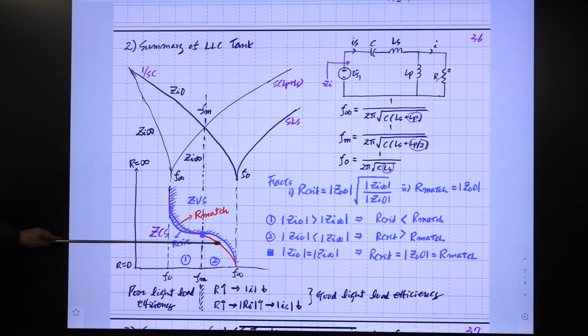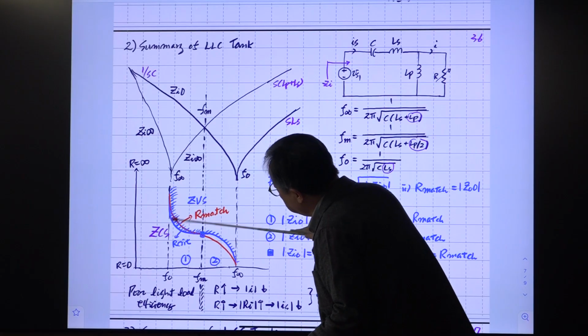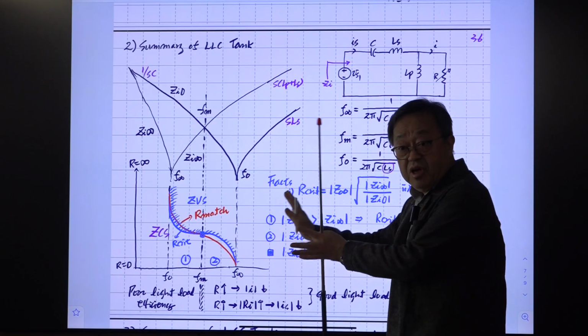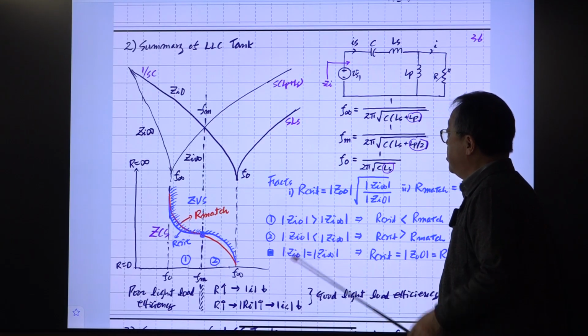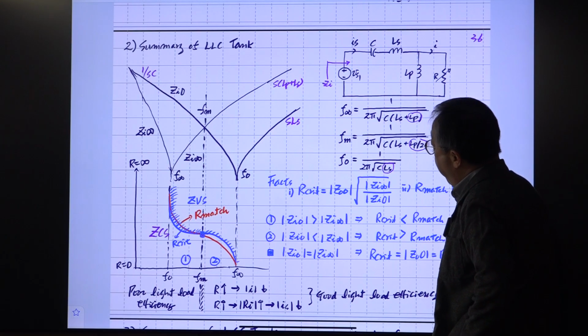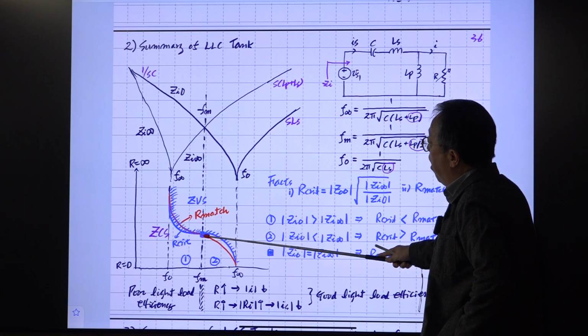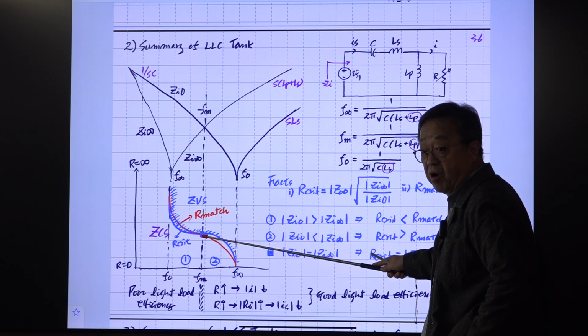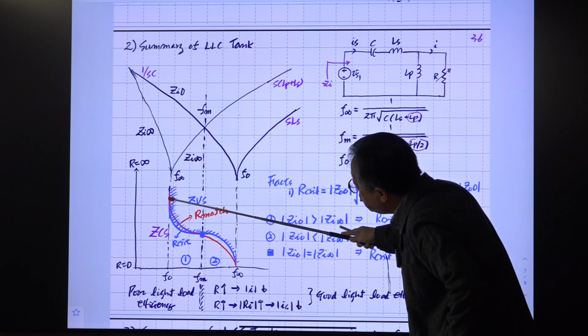Above this blue line is the region for GBS. So this LLC converter has a large GBS area. This area is probably larger than this, so a large area. It operates in the GBS region, right? That's one thing. This is R match. This is the R for the peak power transfer. R match, all right. So the R match value is somewhere here.